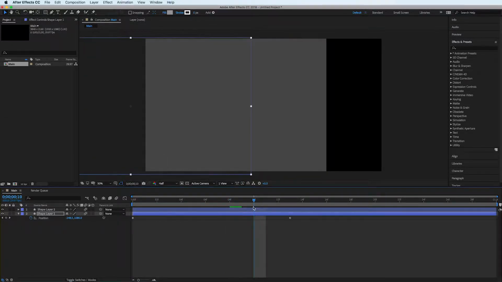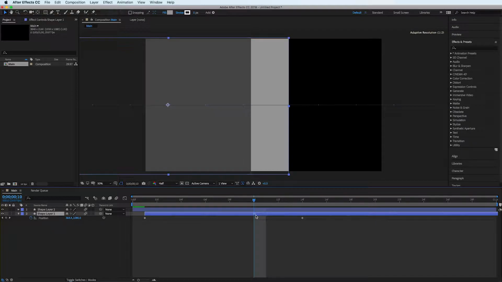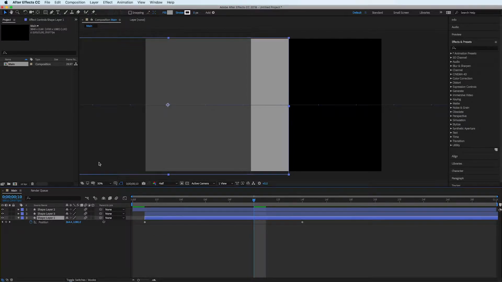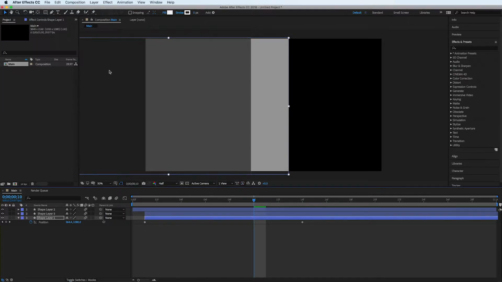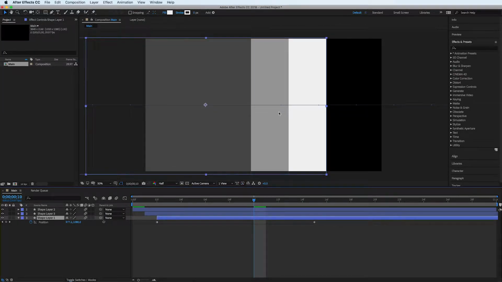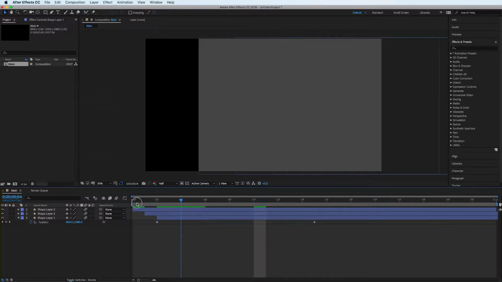And then we're going to go ahead and move this out 1 frame, so that way you can see you have the 2 colors. And we're going to go ahead and copy and paste that one again. And then we'll do the same thing, but we'll make this more of a straight white. And then we'll move that out 1 frame, so that way you have all 3 colors there. And then, once you have that where you like it,